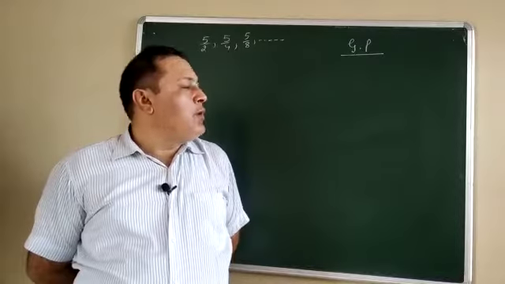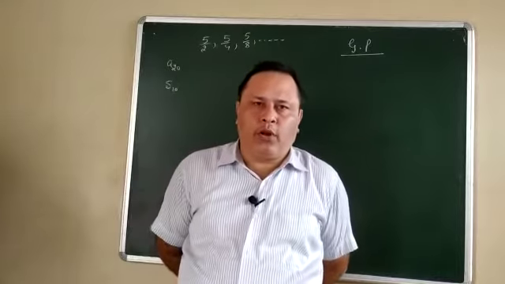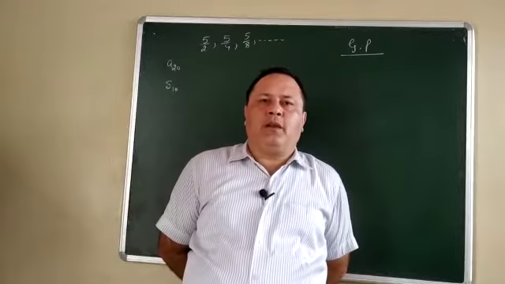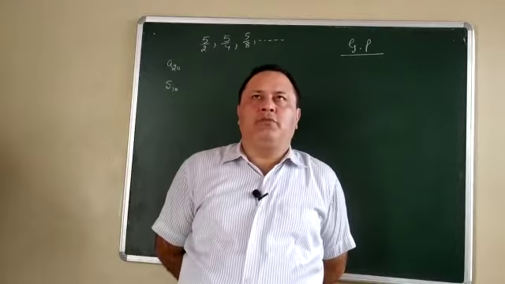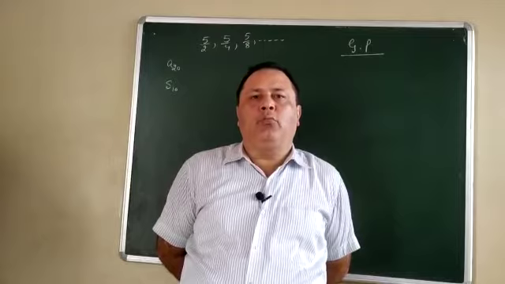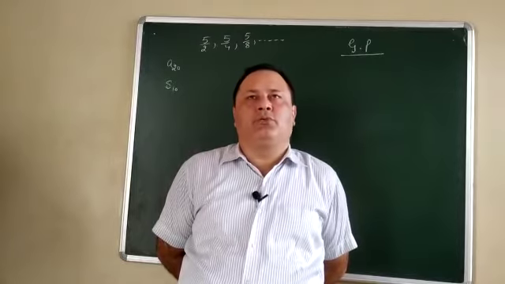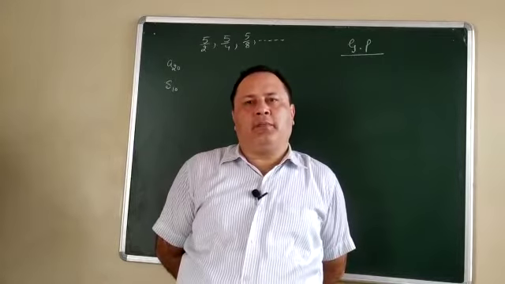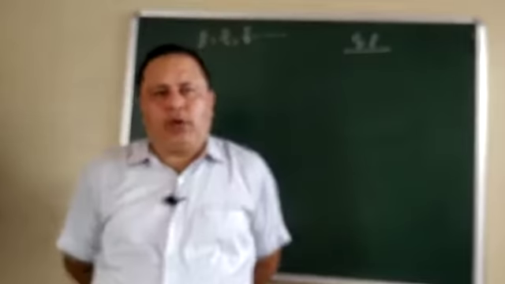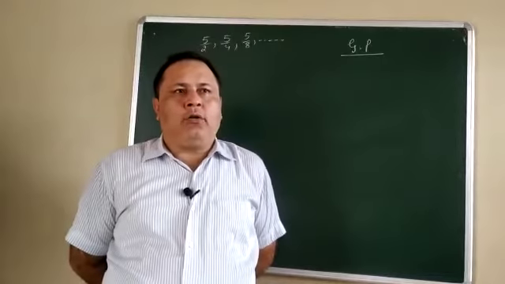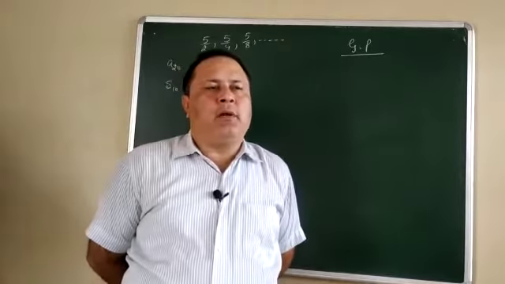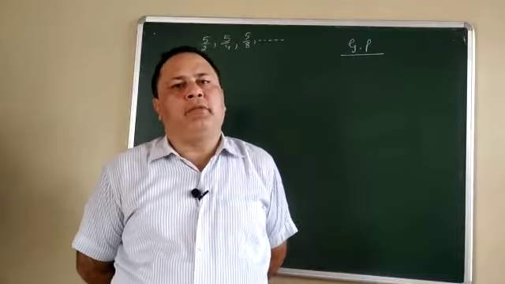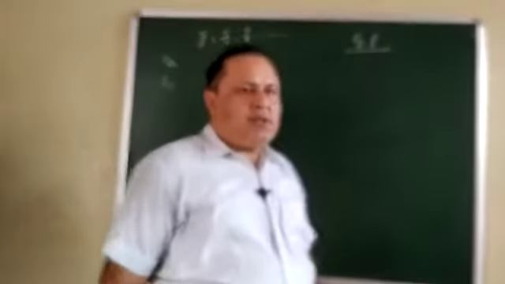But now we discuss geometrical progression. In case of geometrical progression, the terms are obtained when you multiply by the same ratio. This is the difference between arithmetic progression and geometrical progression. Means if you want the next term, the previous term should be multiplied by the common ratio. The representation is the same.